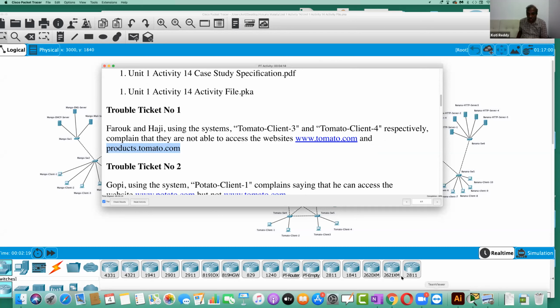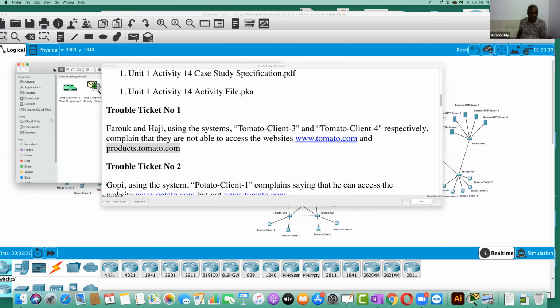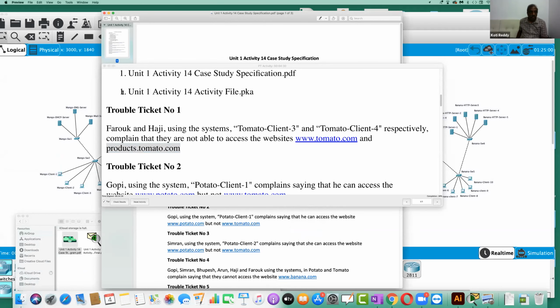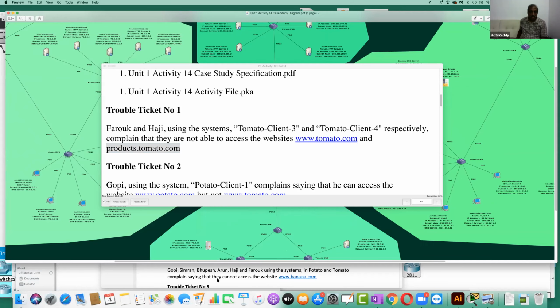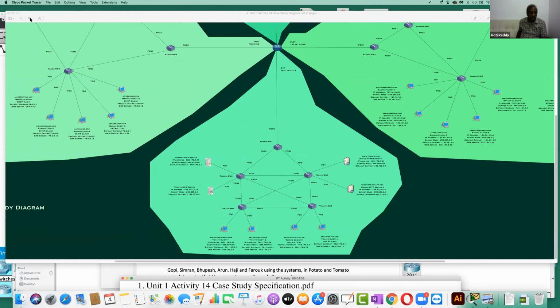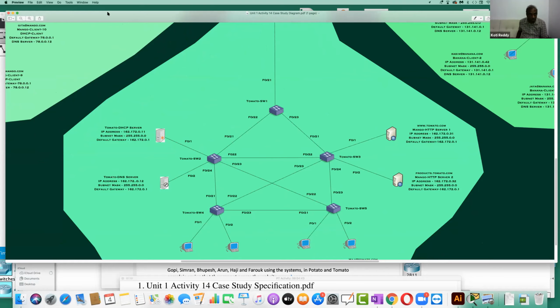Let us go back to our diagram now. So this is our diagram. Where are these users Farooq and Haji present? They are present in this particular company here called Tomato. You all can see clearly, right?